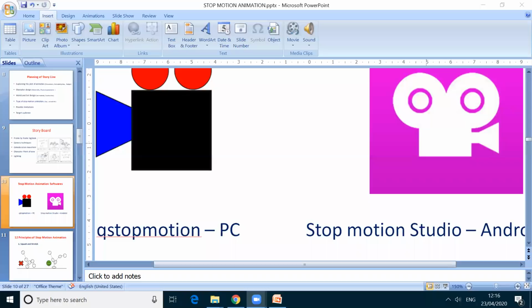Yes, you can search on YouTube for geometry videos. It's all about creativity. Shadows cannot be removed, so you have to take pictures carefully. Yes, Q stop motion will also be the same. It's better to take 2 snaps for each frame.